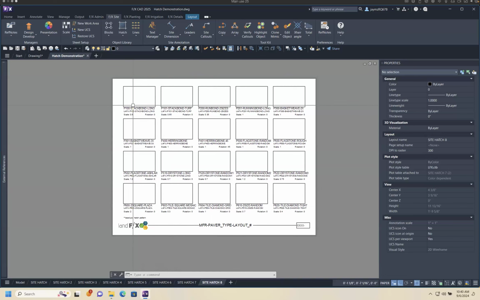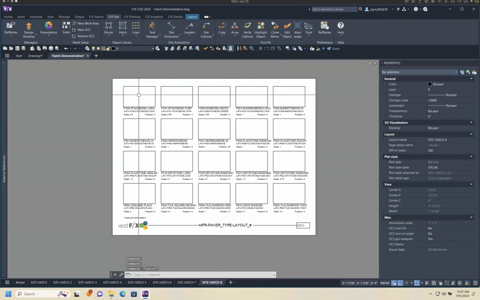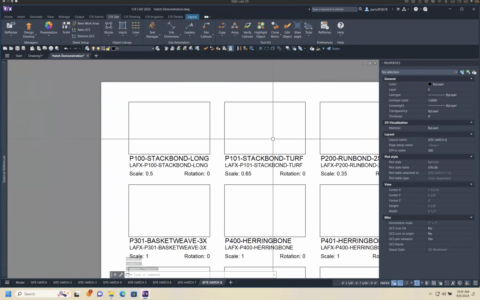You want to be really careful here, because if you do what I did and duplicated, you're going to have the existing information from the hatches that were placed. So you're going to want to take care to replace these accordingly. Once you've got your template page set up and ready to work with, now you want to use the AutoCAD